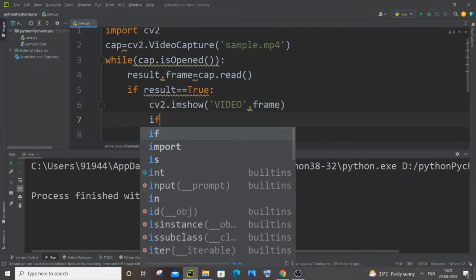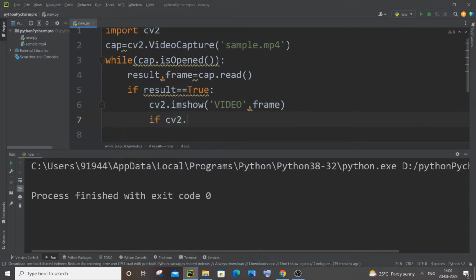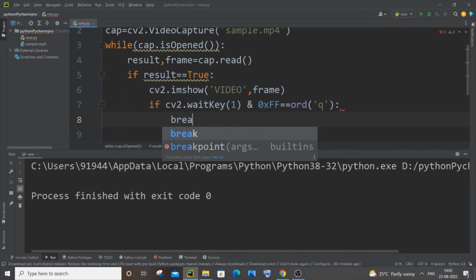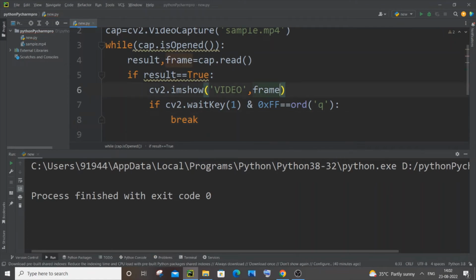It's going to be if cv2.waitKey, this is the delay, I will just go with 1, and it's going to be 0xFF equal to ord, and within that we need to put the key. For me I will go with Q. All right, and it's going to be colon. If this condition is true, let me just break this particular video and just now come outside of this while